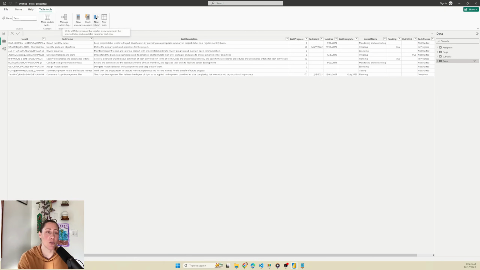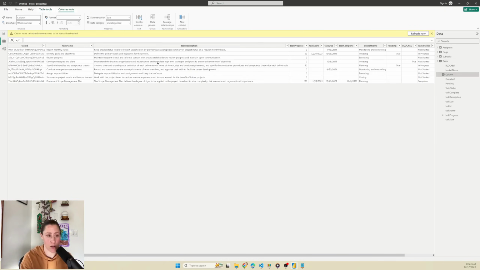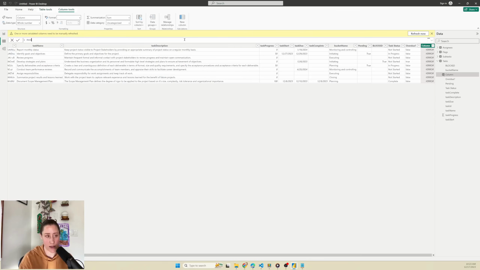So I'm going to go to new column on our task table. And the first one is going to be assignees. And we're going to set that to be equal to